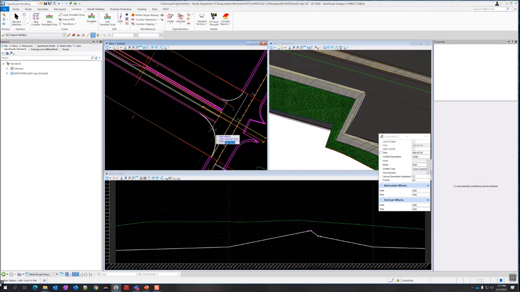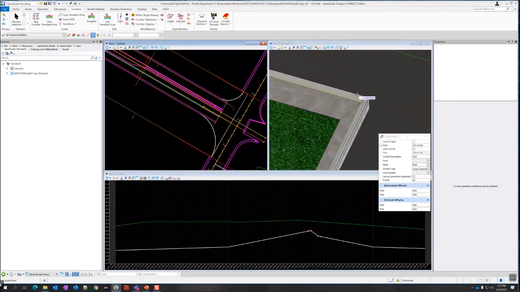Uncheck the lock to start and snap it to this station here, 71 plus 34. Hit Alt, let's lock it to the end. Control description is going to be EOP. The point, we're going to have to select here in the 3D view. LTPVT EOP out. Mode is both. Control type is corridor feature.